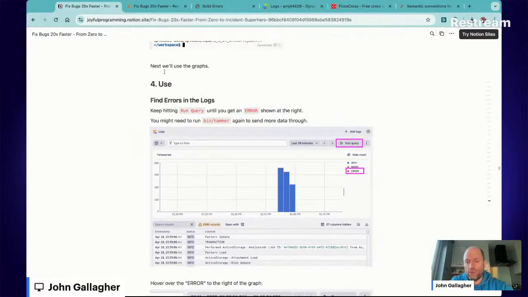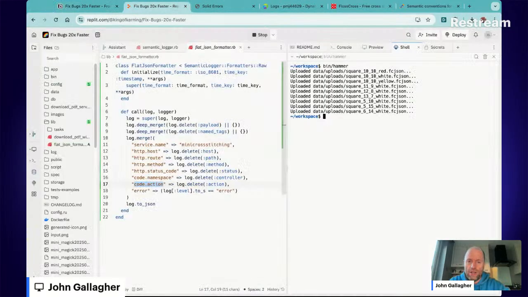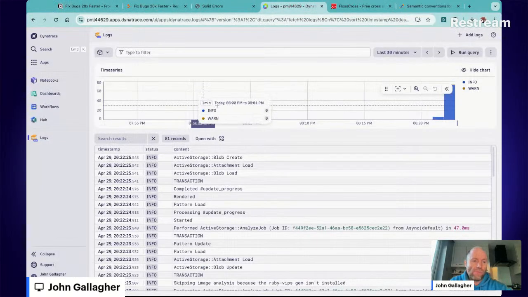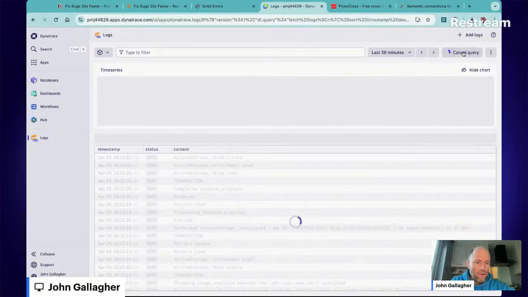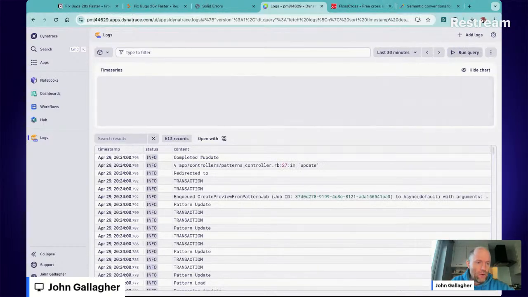And now we're going to use these logs, and we're going to see what problems we have. Are we going to get the data that we want? Let's just have something to use and try and use it to solve our problem. And so I'm going to run query again, and with any luck,